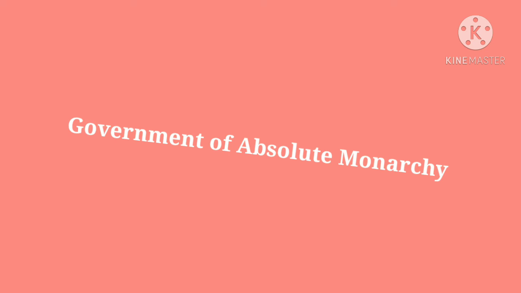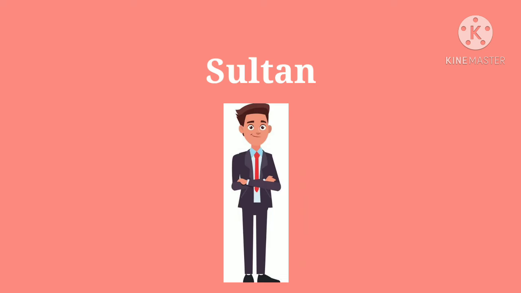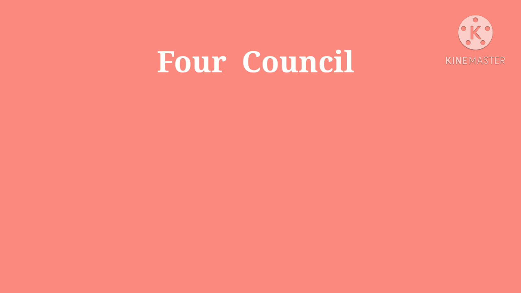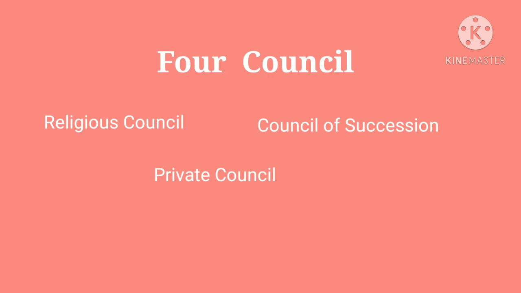Brunei is one of the most stable countries in Asia in terms of politics. The Kingdom of Brunei has a government of absolute monarchy with the Sultan, who serves as the head of state and the head of government as the Prime Minister, along with the Defense, Advisory Council, Sultanate, and Ministry. The Sultan is advised on policy matters by 4 councils: the Religious Council, the Privy Council, the Council of Succession, and the Council of Cabinet Members.